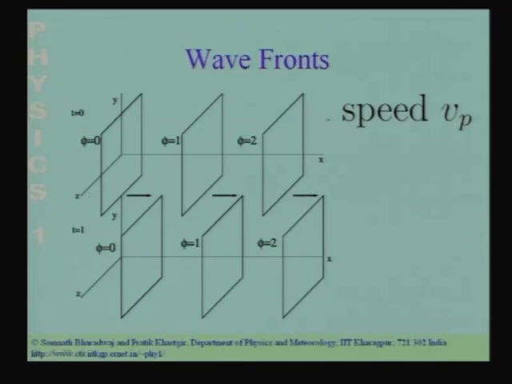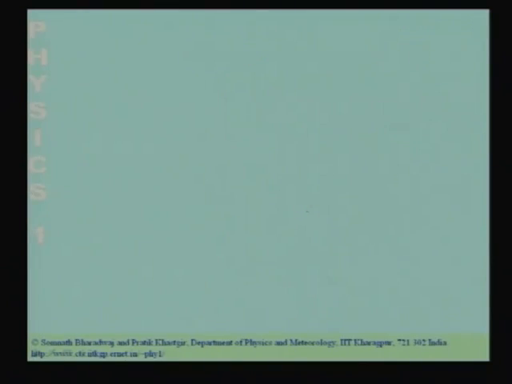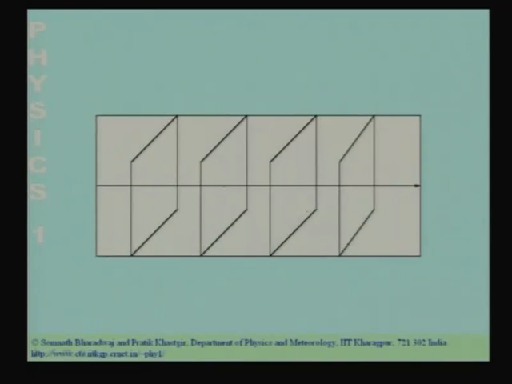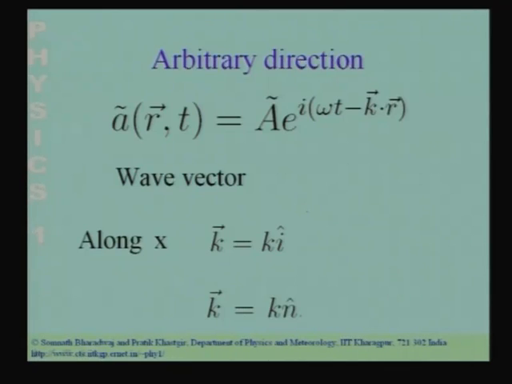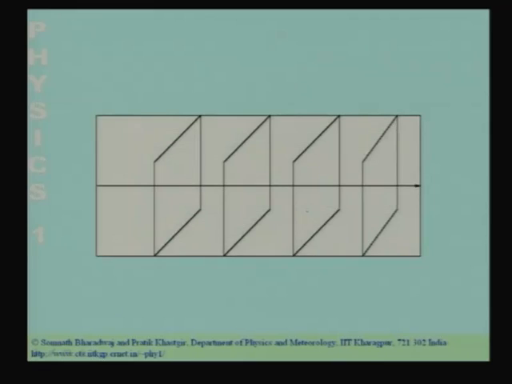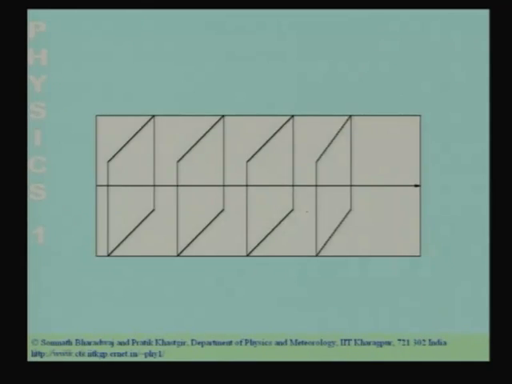So, this whole plane where the phase is 0 has moved forward, and so with time, these wave fronts, the constant phase surfaces, move forward along the x axis. So, in this case the constant phase surfaces move along the x axis. As time evolves the constant phase surfaces move along the x axis. This picture shows you how the wave fronts evolve in time. As time evolves, the constant phase surfaces move along the x axis.